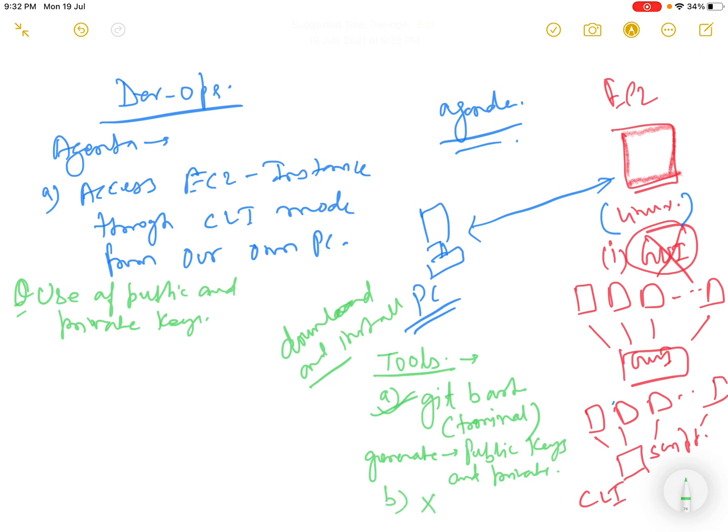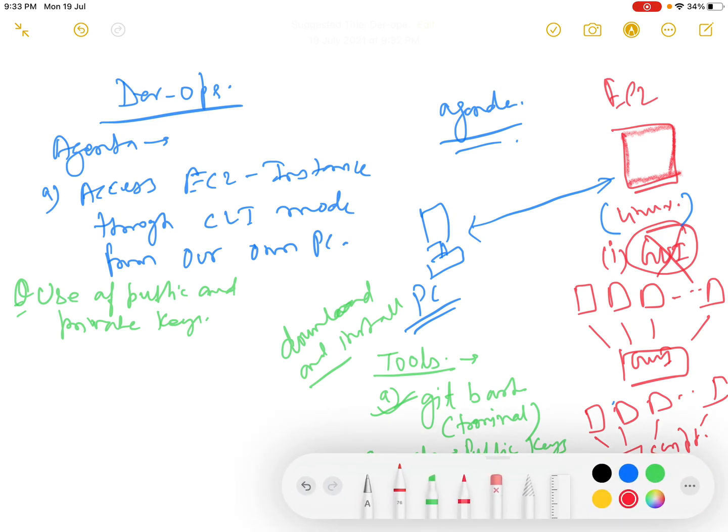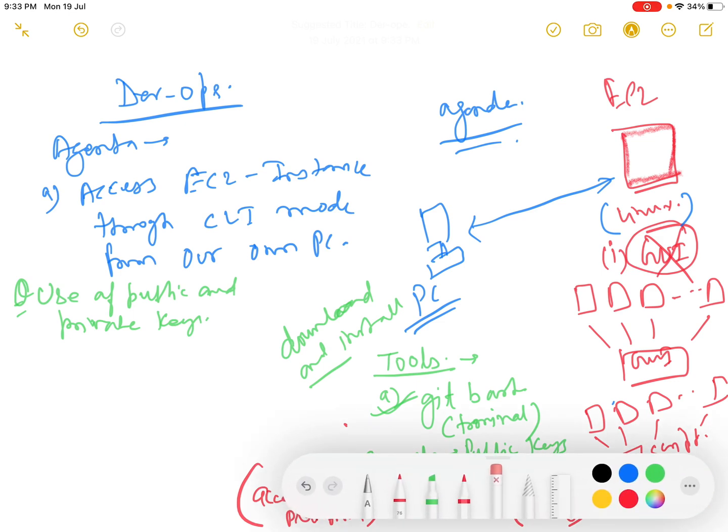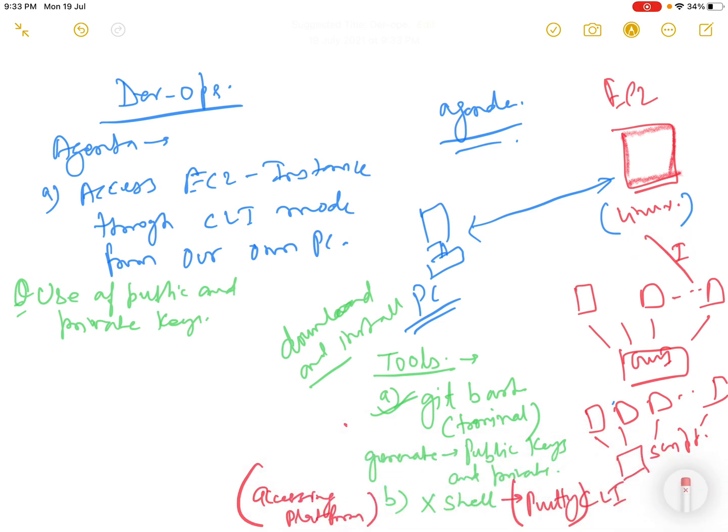The second tool is Xshell. What is Xshell? This tool is equivalent to Putty. If you have used Putty, it is an accessing platform. What we are doing here is discussing the logic of how we are going to do this.